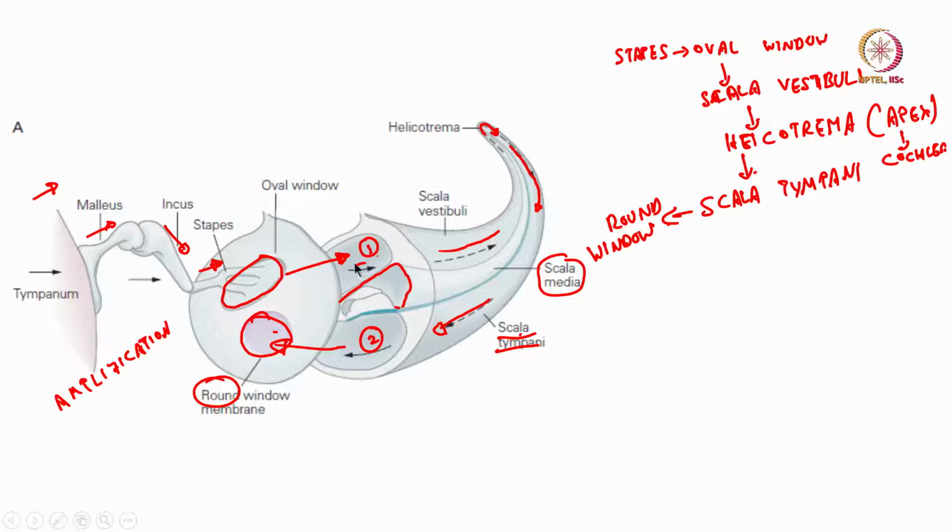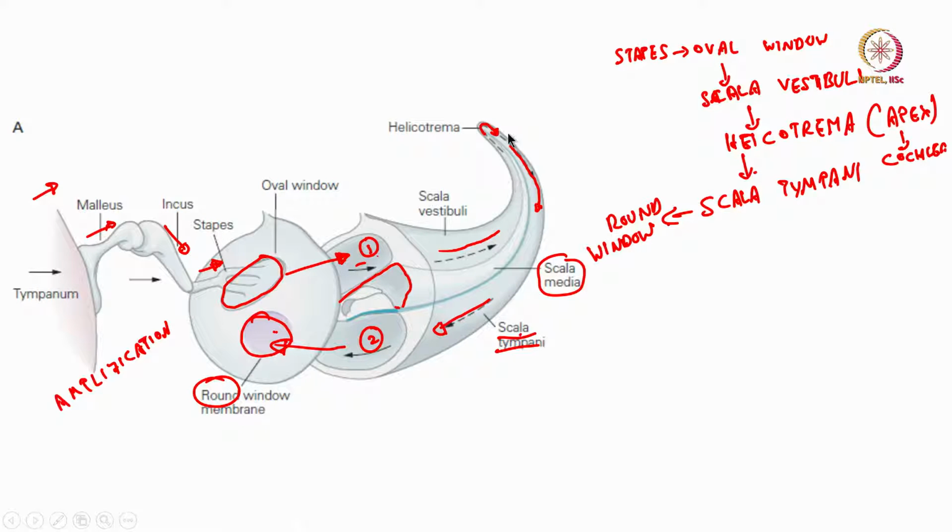So, the sound gets transmitted through this membrane all the way up to the apex, and then remember the apex has one membrane over here. This is a more rigid membrane. I am not sure of the material properties of the Reissner's membrane, but let us say it has some minimal contribution, but for the purpose of discussion we will focus only on the basilar membrane for important reasons which I am about to tell you. So, the sound goes all the way over here and then comes back over here in the scala tympani,